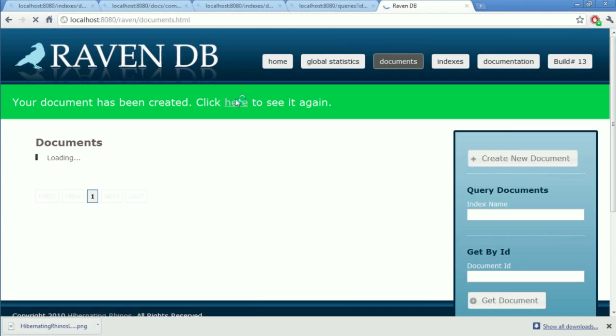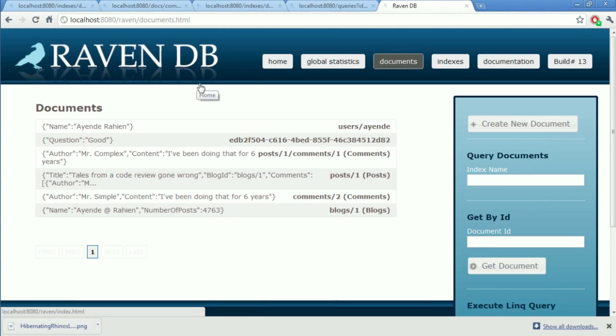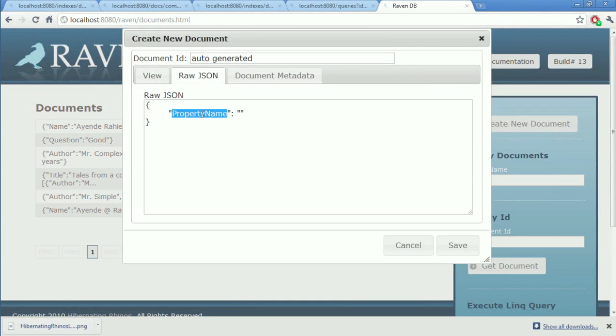Another option that we have is a GUID. If we just let RavenDB decide what the document ID is, it is going to go ahead and do that. Another option is, when we create a document, to call it foo/.